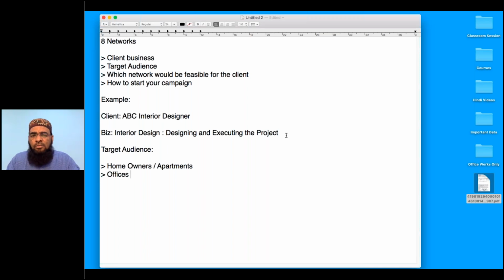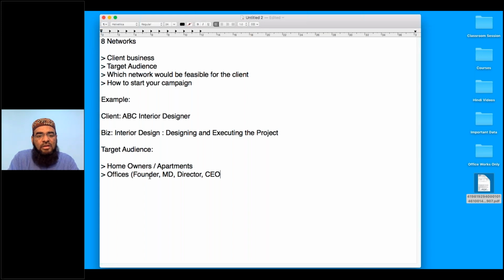But assume now I'm not going into the detail of any specific niche. I would say my target is homeowners, my target is apartment owners, and also people who have offices or are planning to have their own offices. So when I say offices, I have to think about the people who are our target: founders, managing directors, directors, or I would also say CEOs, the top management people who have the ability to make a decision regarding whatever office design or office work they would like to take up.